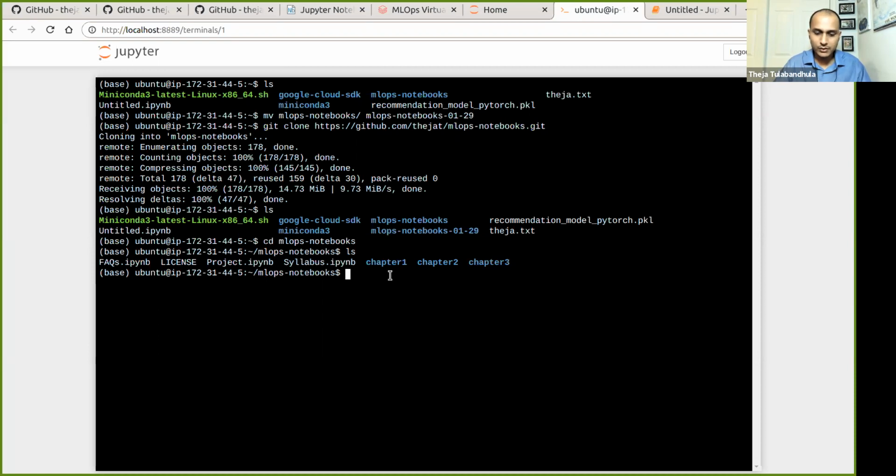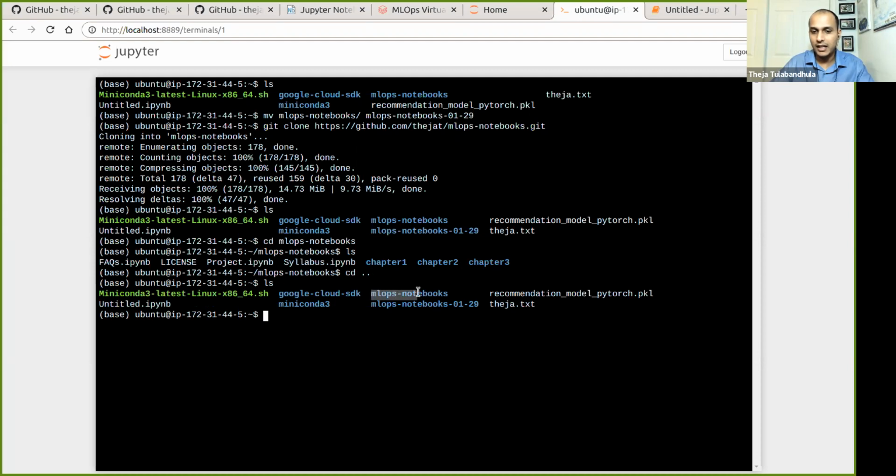I would say this is the simplest version. There are many other ways to deal with this, but I'm suggesting this because folks may hit this hurdle if you change files from last time and then you do a git pull to get the next chapter, or freshest notebooks, then there'll be a conflict. There are other ways to resolve it. Maybe we'll talk about git itself in a separate session, and about different ways to manage this. So hopefully you are able to get the latest notebooks all the time using git clone.